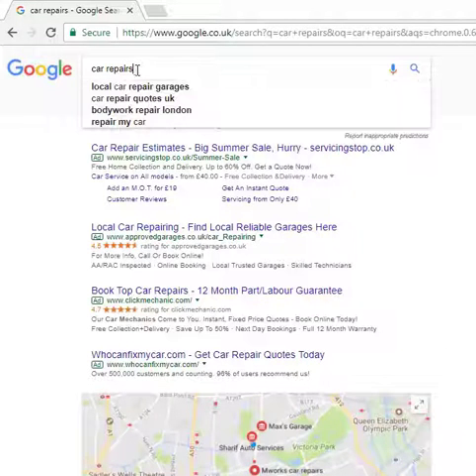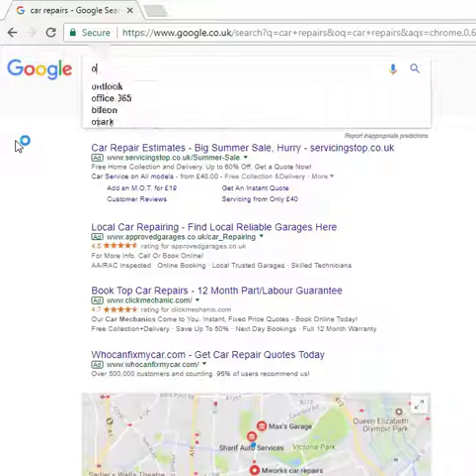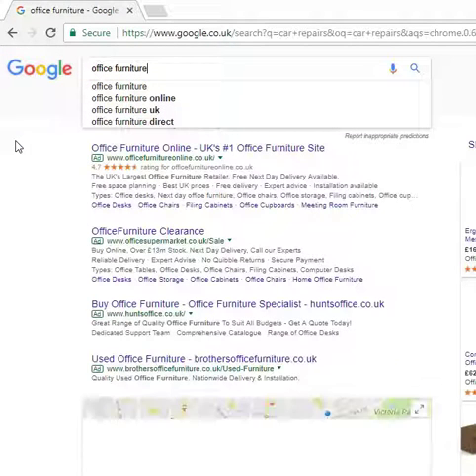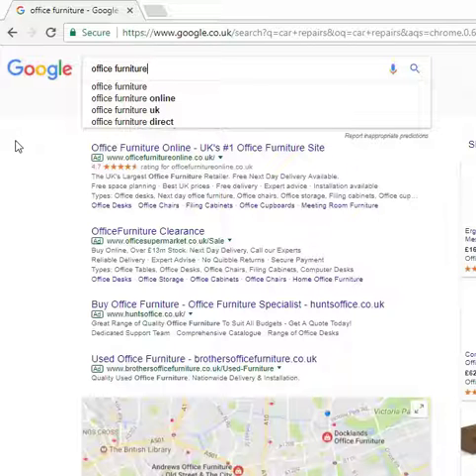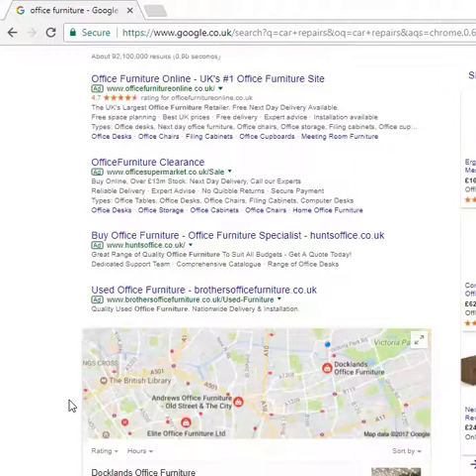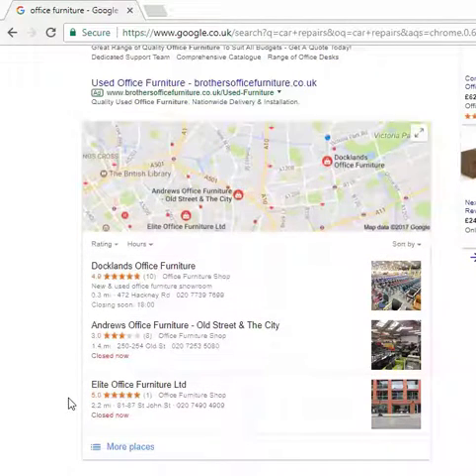Let's take a look at what happens if we search for something slightly different. So this time I'm going to search for office furniture. Now, the reason I've chosen office furniture is because I know that the result is going to be slightly different. In this case, we're still going to get the ads at the top. We're still going to get the map because there will be local businesses who supply office furniture close to where I live. But